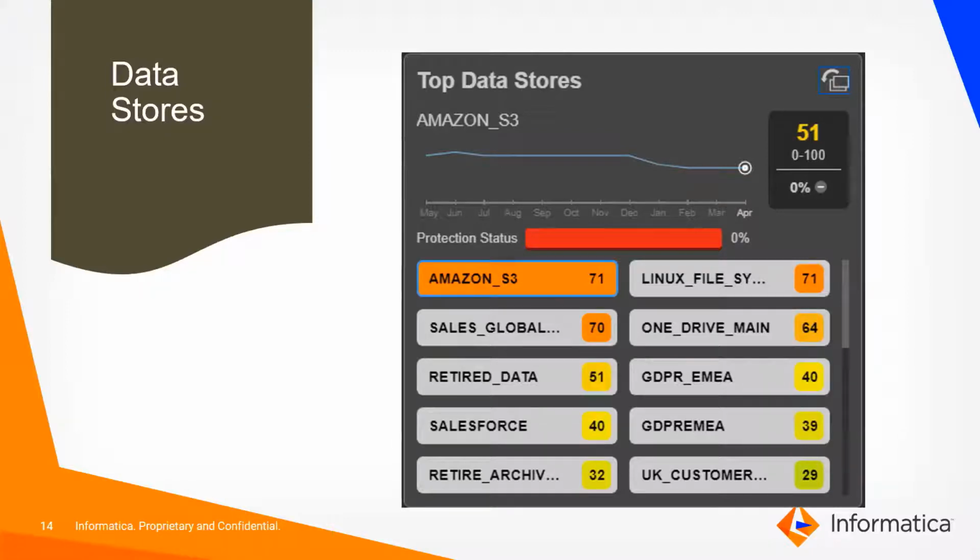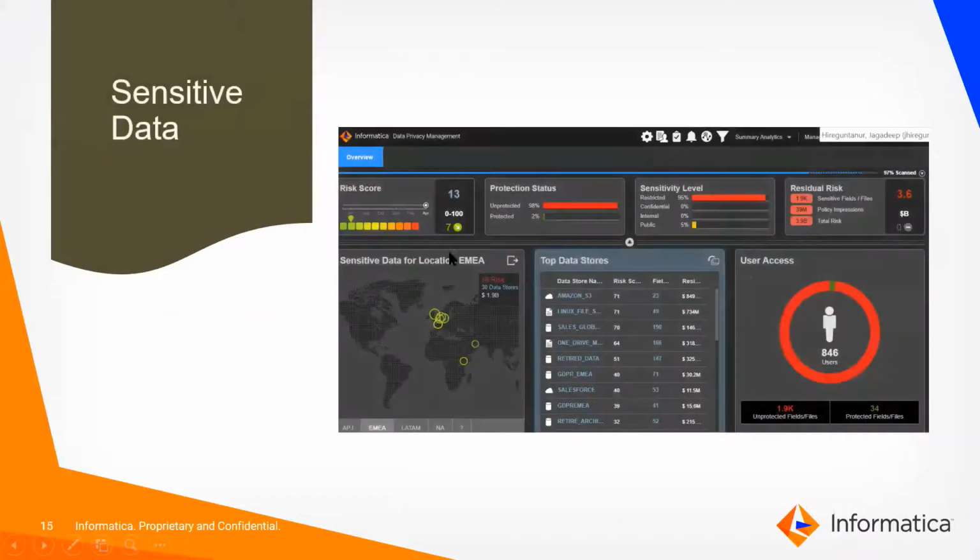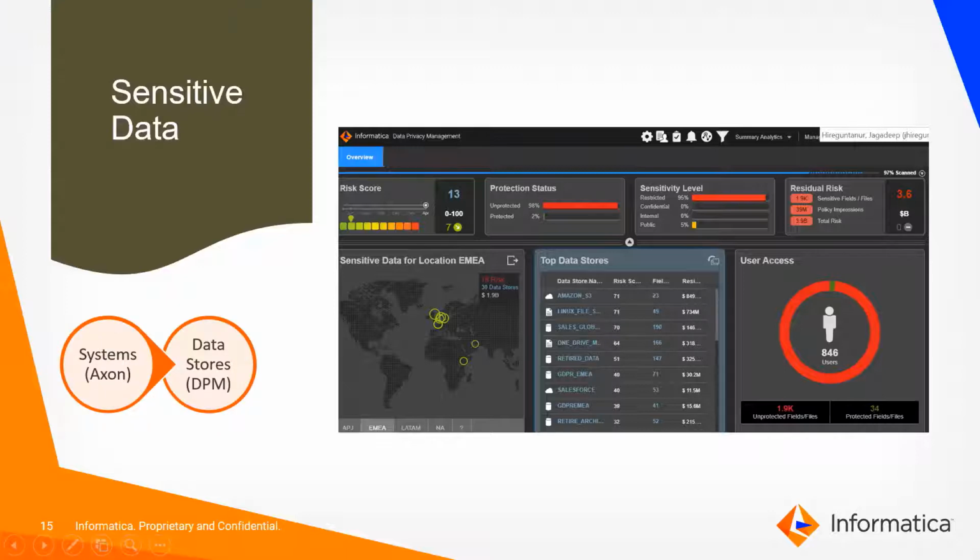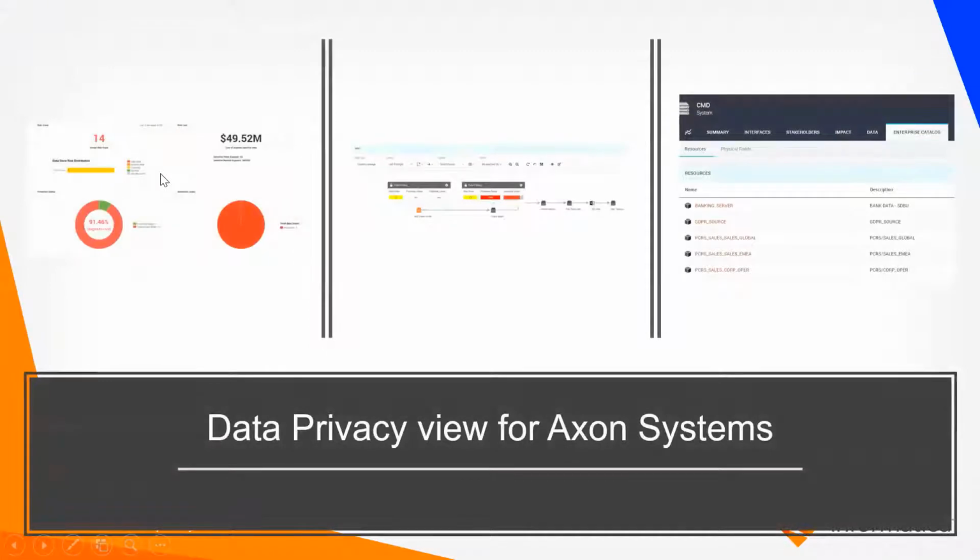And in that way, once you link the systems and resources, these risk scores will now be reflected on the Axon side for all the resources that have been discovered on the DPM side. So what you would eventually see is something like this, the sensitive data, which will have some risk score, and they will have some sensitive fields and some residual risk cost. Let's say if this database is getting exposed or breached, the organization would be facing a hit of $849 million. So all these can be configured, defined and set up on the DPM side, and once the systems are linked to the data sources, you can see that information on the Axon